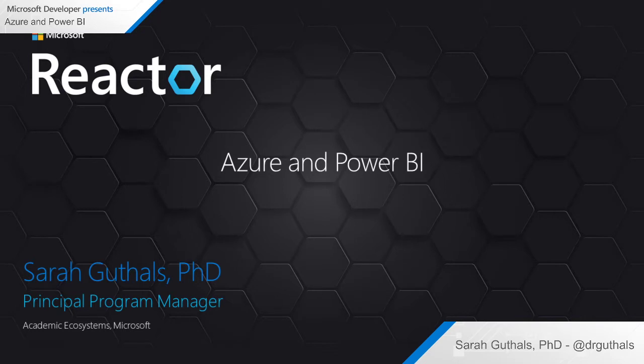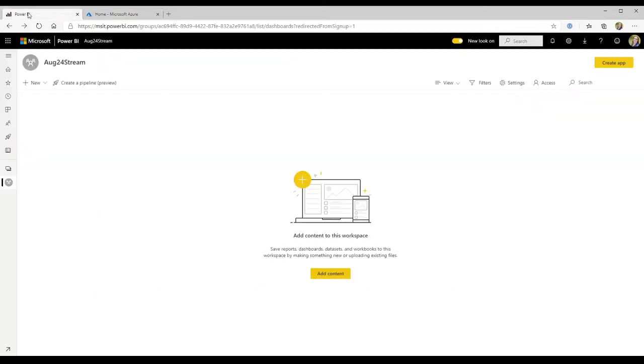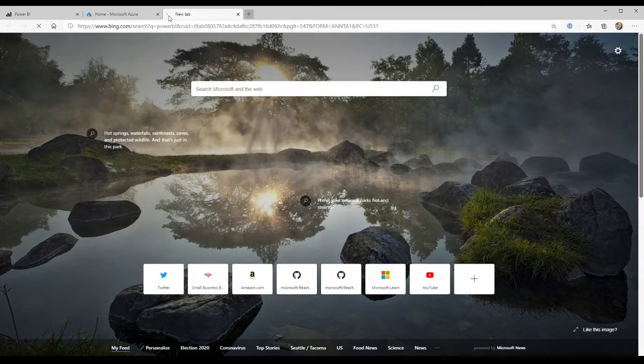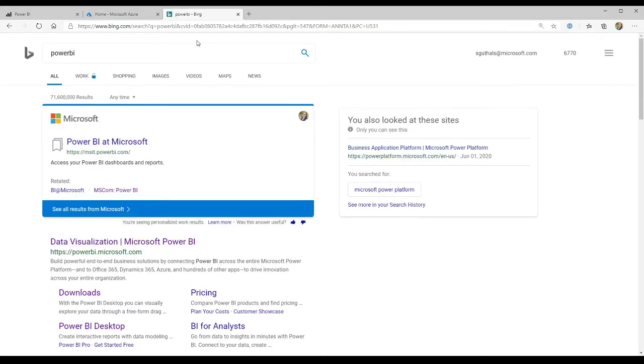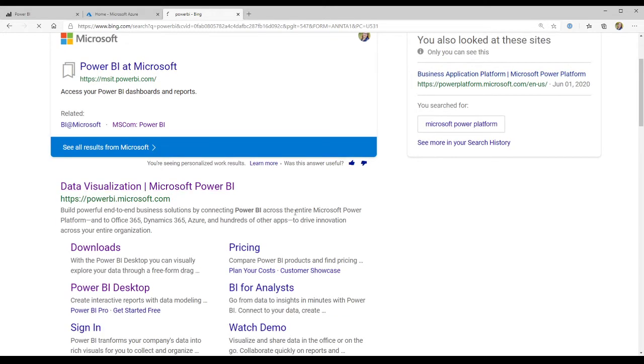All right, so to get started, we're going to jump into the browser, and you can see that I'm in my Azure portal. I'm actually not going to jump into that quite yet. I'm actually going to head back to Power BI. So Power BI is a really amazing tool for visualizing data. So if I were to search, and sorry, I meant to zoom in a bit more. If I were to search for Power BI,